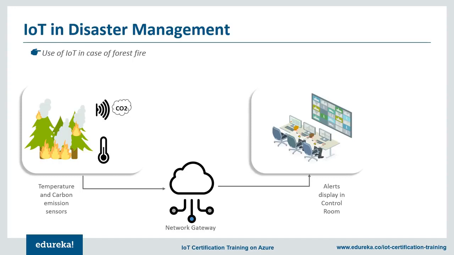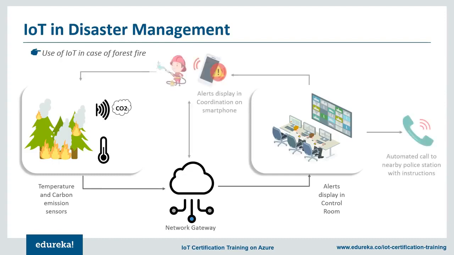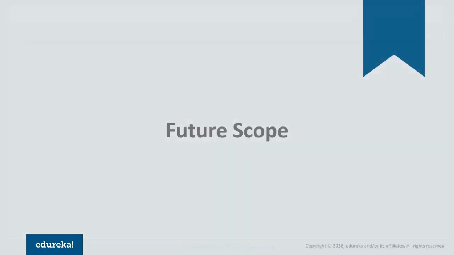They anticipate problems and put defenses in place to mitigate their impact, namely the police, the nearby hospitals, and most importantly, the fire brigade. If such an emergency occurs near urban areas, people and communities are alerted via social media, conventional media channels, and SMS. This brings me to the end of all applications that I had listed. Now that we've gone through a few applications of IoT, let's move on to its future scope.